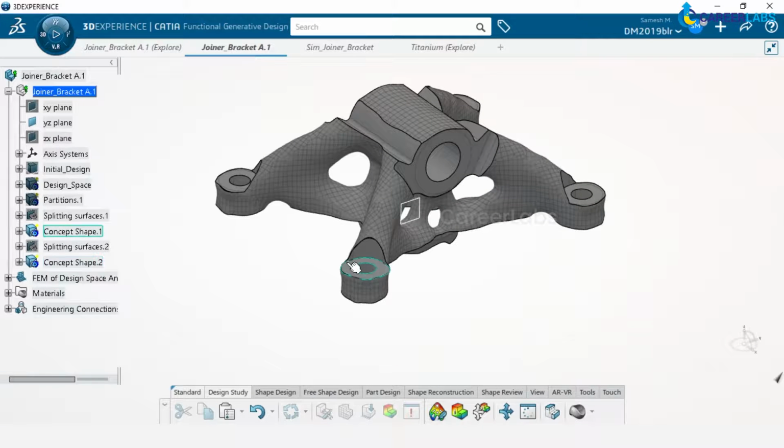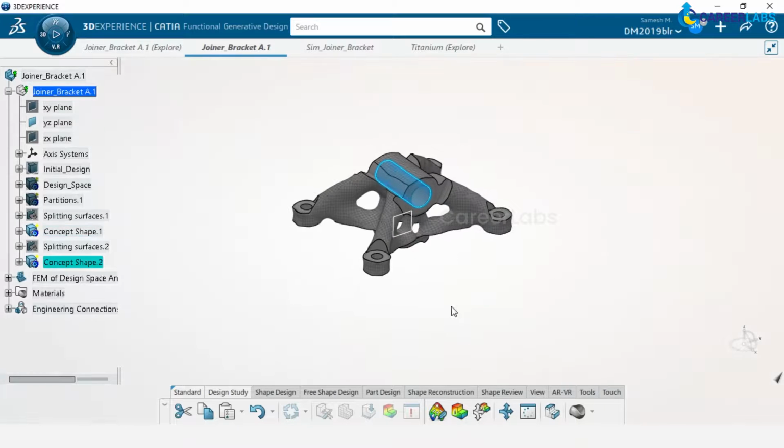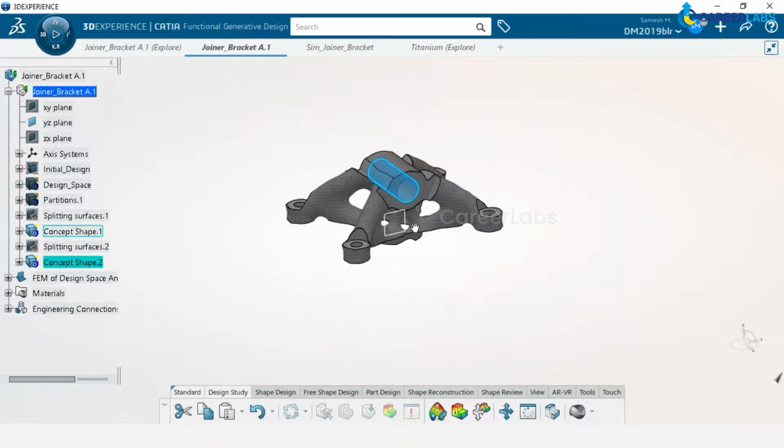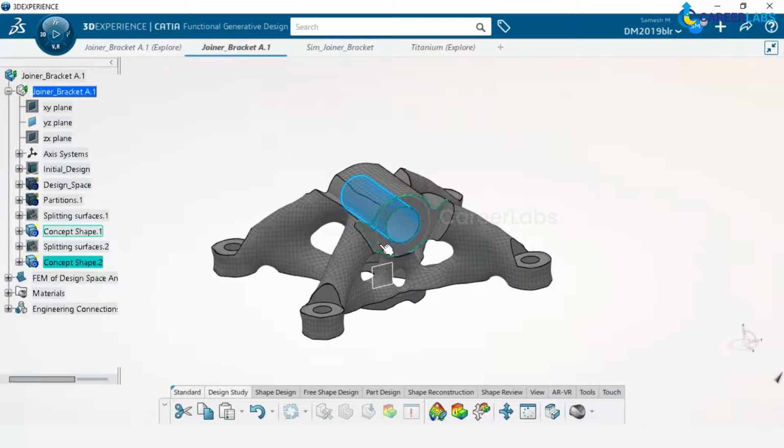Then we prepared a model where we actually started with partition. We created partitions to tell the software that this is the region which should not be touched, a frozen region. So these are the functional regions actually. Okay. Then we constrained all these holes with a bolt connector, and we also applied bearing load here to replicate the realistic load, which comes from the extra levers connected here, which will swing to a particular degree, from this surface to this surface.